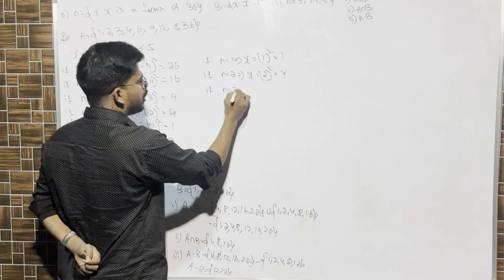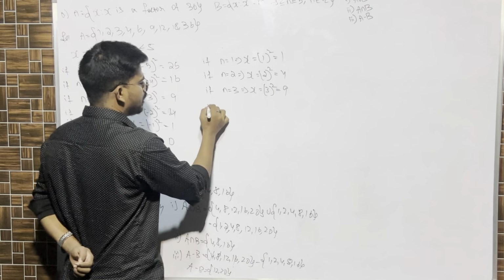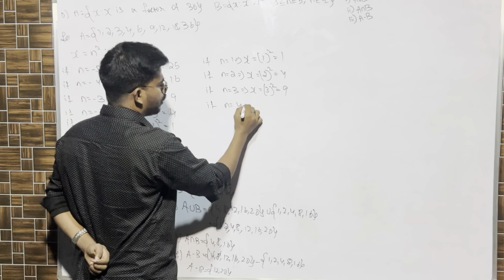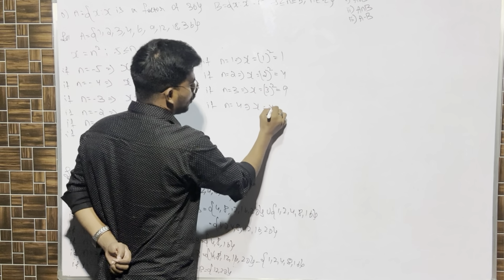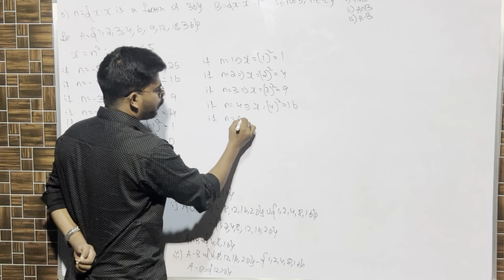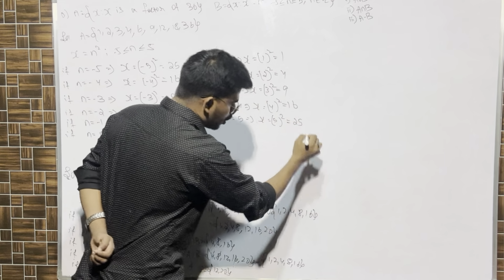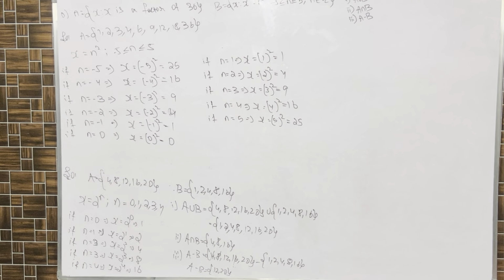If n is equal to 3, x is equal to 3 square, which is 9. If n is equal to 4, x is equal to 4 square, which is 16. If n is equal to 5, x is equal to 5 square, which is again 25. So B,